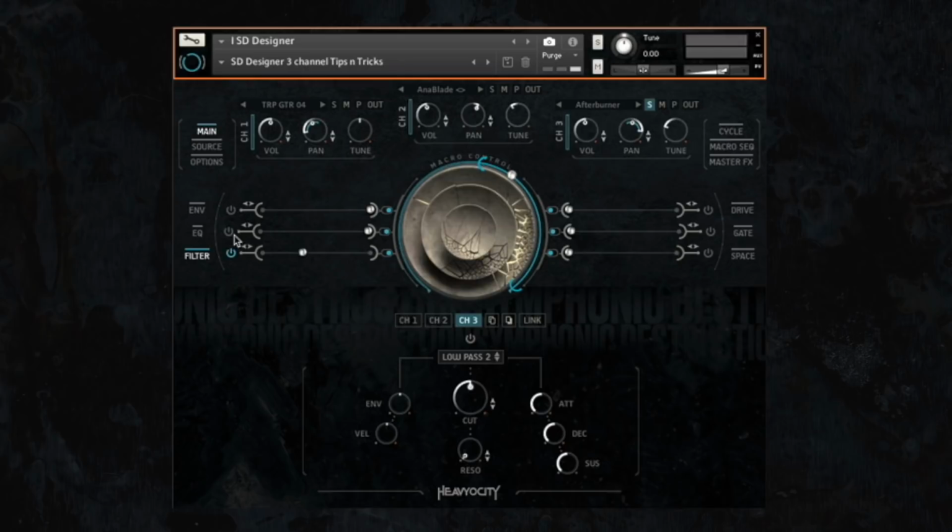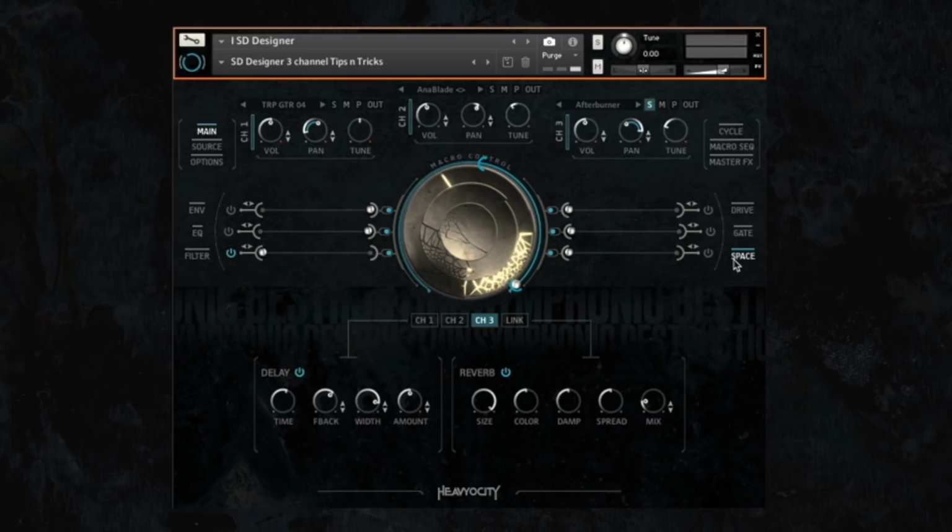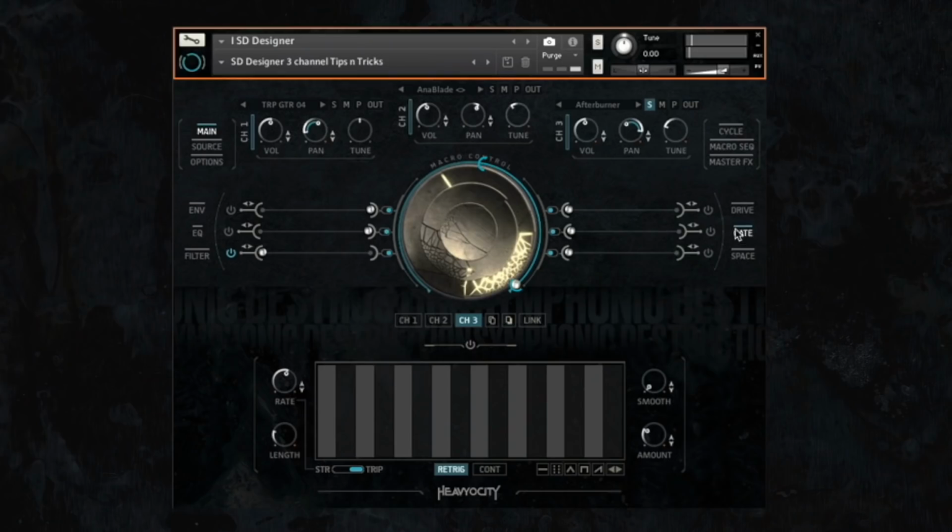Filter, no filter on that, and space. Again, channel 3, we've got some reverb, and we've got some delay. Quarter note repeat. Versus. Just makes it more ambient and cool. And there's things like gate effects. I didn't use them, but